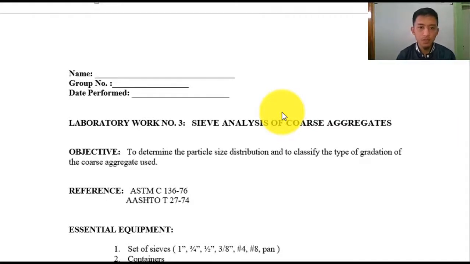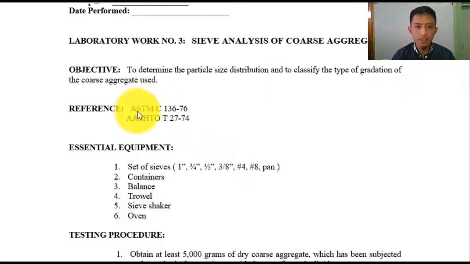Okay, welcome back to your laboratory number 3, or activity number 3. This is for sieve analysis of coarse aggregate, where we are trying to get the grading, or we are going to grade the coarse aggregate. The objective is to determine the particle size distribution and to classify the type of gradation of the coarse aggregate used. The reference is